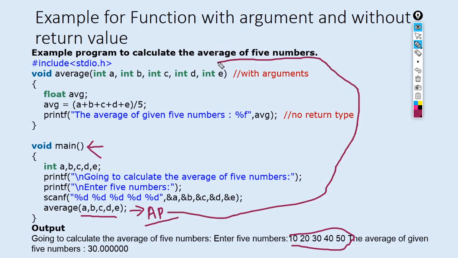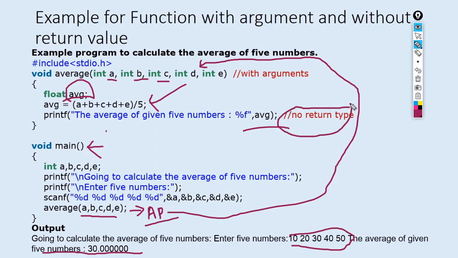And from here the compiler will go to the definition, and all these values 10, 20, 30, 40, 50 will be passed here to this a, b, c, d and so on. So next it will come and it will calculate the average. All these are added and divided by 5, that is the total number, and here the average is printed. The average of given 5 numbers is nothing but 30. That's it. So here you are not returning anything, right? Inside the function you are not returning anything, just you are passing the parameter.